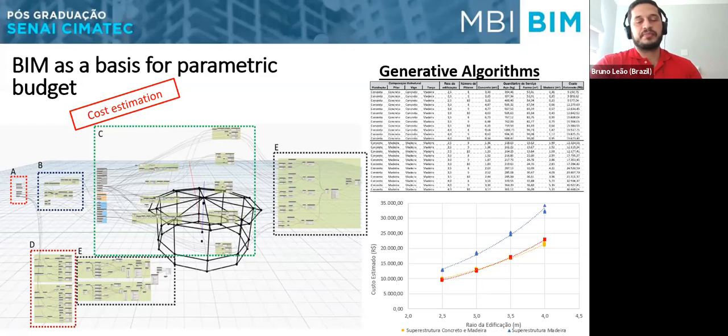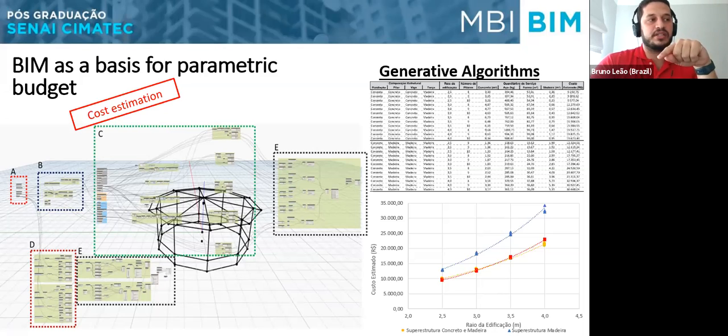The interesting part here is that I didn't work with those indicators that I showed just now, cost per square meter. No, I was actually using the volume of concrete, the area of the forms for the molds for the concrete,